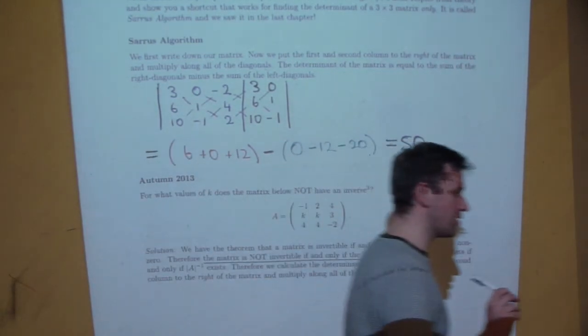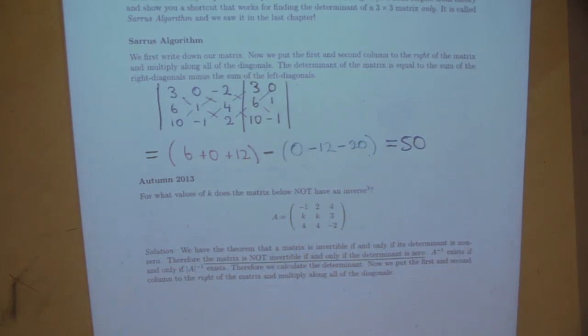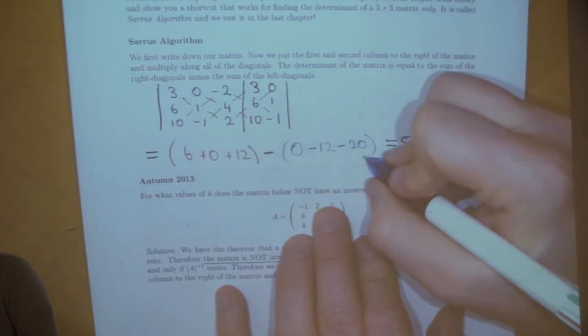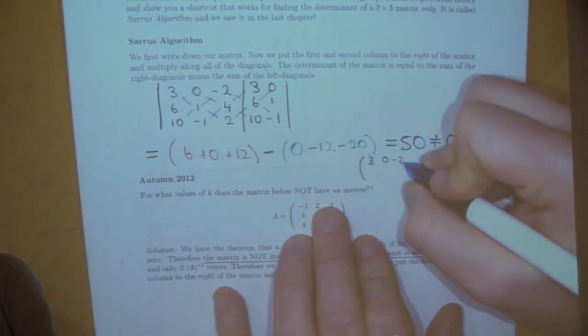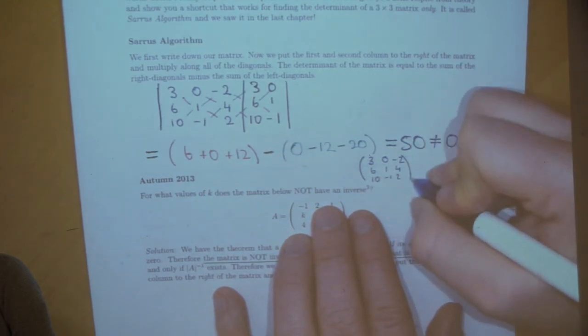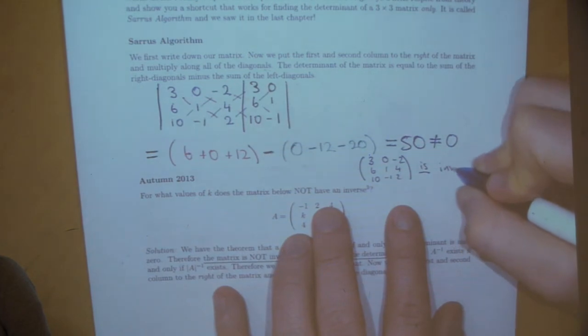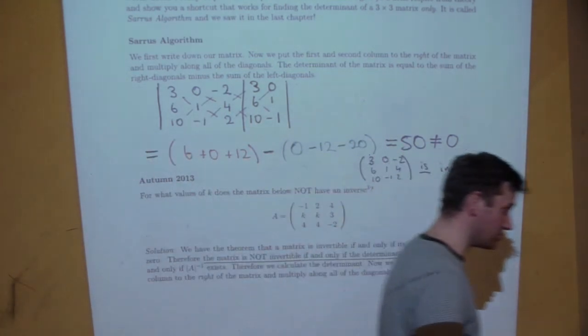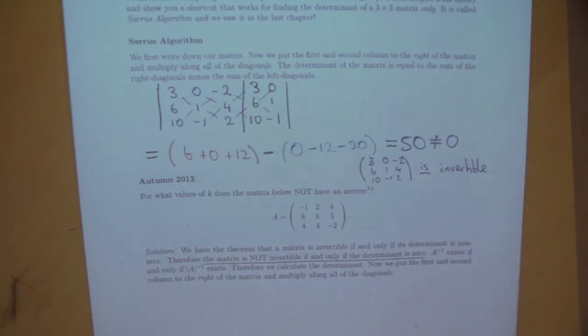So what that means is that the matrix is invertible. I'll just write this down, not 0. So the matrix 3, 0, minus 2, 6, 1, 4, 10, minus 1, 2 is invertible. If it was non-zero, you could say that; if it was 0, you could say it's not invertible. And that it's 50 means that the volume is multiplied by 50, which means actually that